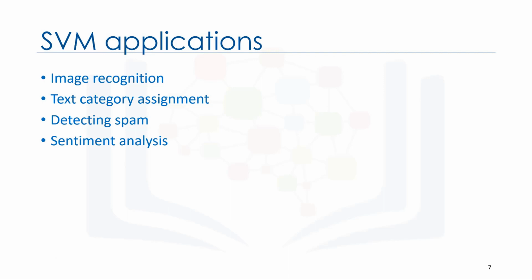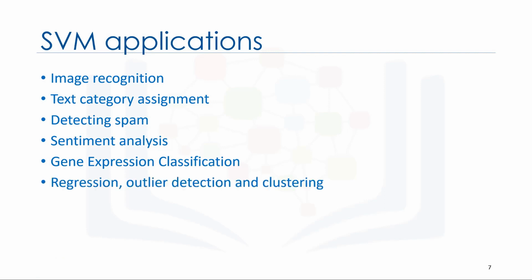Another application of SVM is in gene expression data classification, again because of its power in high-dimensional data classification. SVM can also be used for other types of machine learning problems, such as regression, outlier detection, and clustering. I'll leave it to you to explore more about these